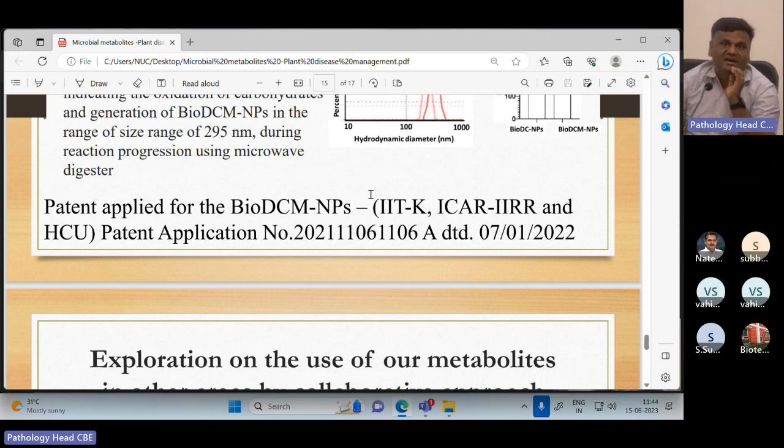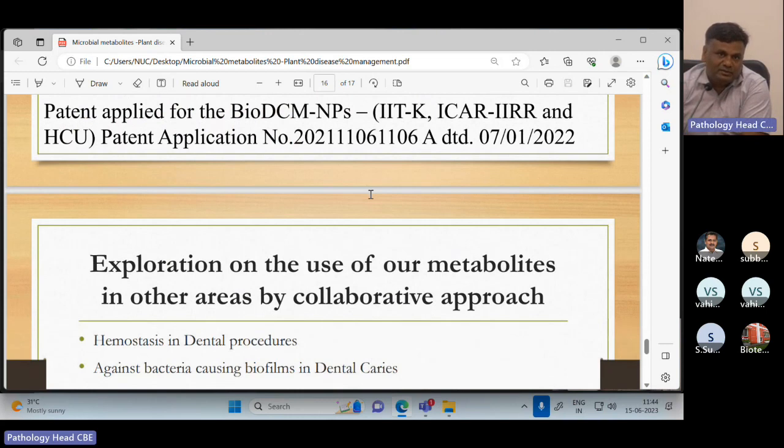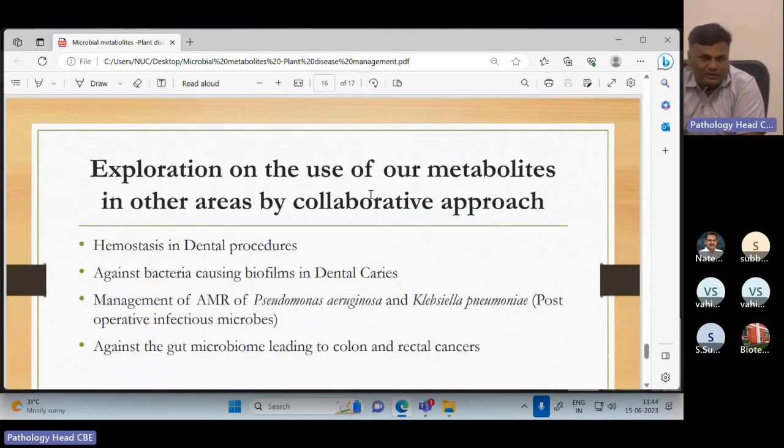So my work next: we are working on the derivatives of that, and simultaneously we are working on other metabolite compounds also. We will be continuously taking the secondary metabolites from different organisms, whatever organisms we have characterized and submitted to our registry. So we will be working on different compounds from those organisms. Meanwhile, as I said, when we go to somebody else who is working in different areas, then we should also give something to them. So this is how I collaborate with others.